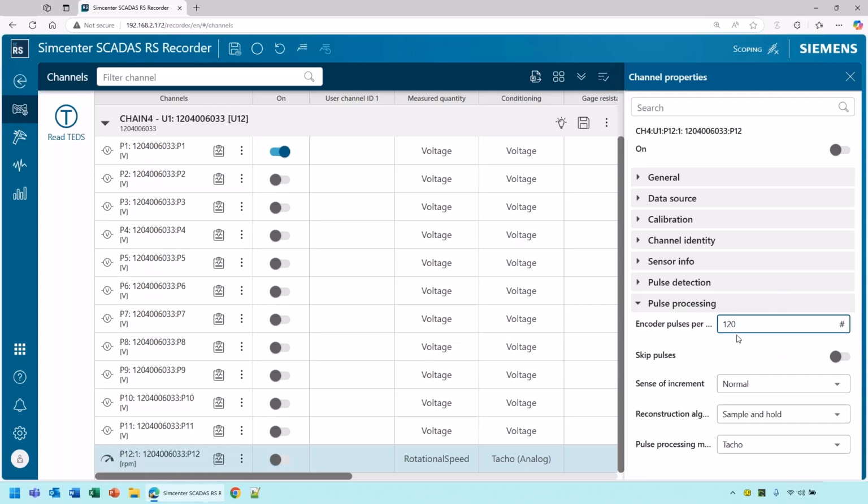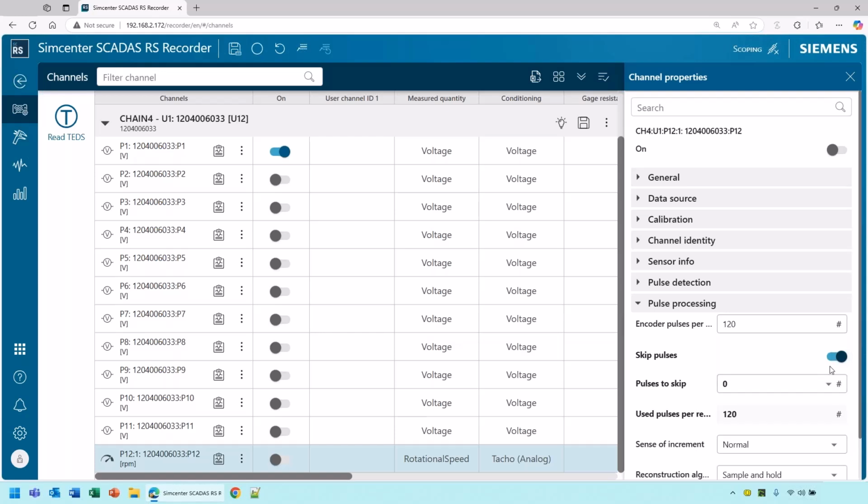So I could have 120 pulses per rev there, but that's going to update the RPM 120 times per revolution. Right. That seems like a lot of updates. Like you could get a pretty jittery RPM. Yeah, you'll get a lot of torsional stuff in there. Isn't there something to smooth that out, maybe? Yeah, I mean, you can skip a number of those here.